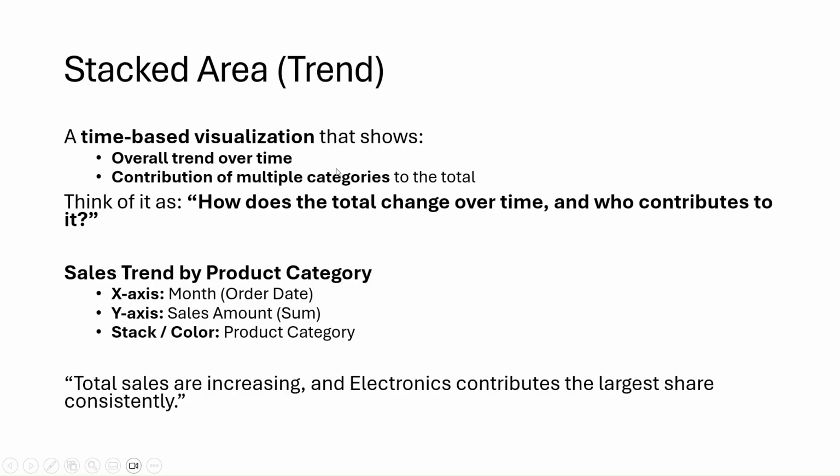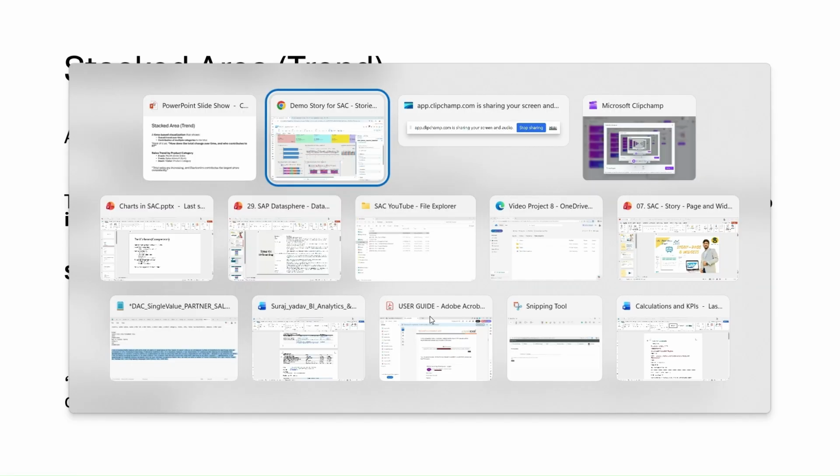Moving to the stacked area chart. So these are time-based visualizations that show you the overall trend over time, and also the contribution of multiple categories to the total. Okay, so for example, if we use the month and the respective sales amount as the y-axis and color as the product category, then it will show us whether the total sales is increasing or decreasing, and which product category contributes the most and the least. Okay, so how we will do it is